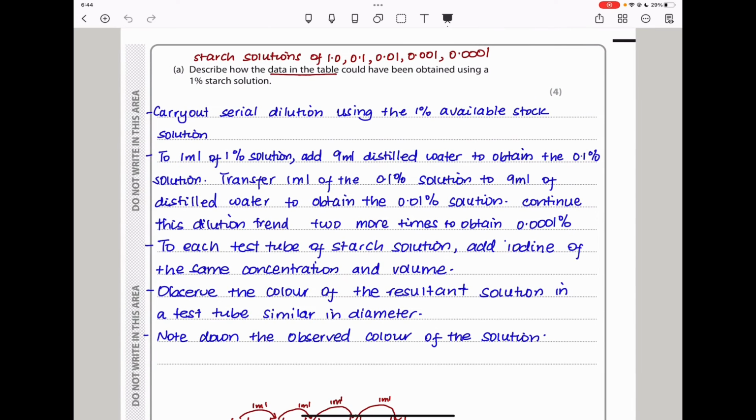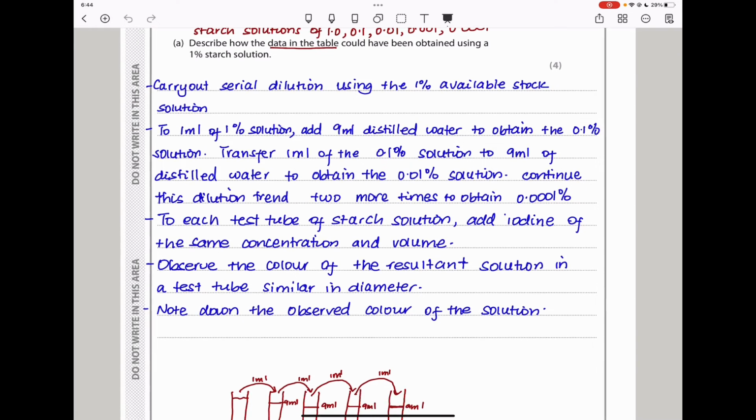So here I say, this is the detail. To 1 ml of 1% solution, add 9 ml of distilled water to obtain the 0.1% solution. Then transfer 1 ml of the 0.1% solution to 9 ml of distilled water to obtain the 0.01% solution. Continue this trend 2 more times to obtain the 0.001%. Then I went on to say, to each test tube of starch solution, add iodine of the same concentration